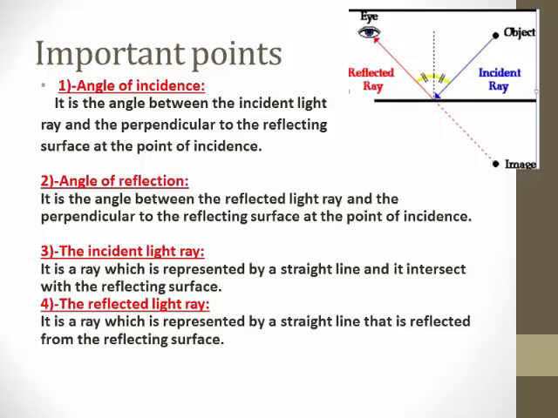The incident light ray is a ray represented by a straight line that meets the reflecting surface. This straight line between them is called the incident light ray. The reflected light ray is a ray represented by a straight line that is reflected from the reflecting